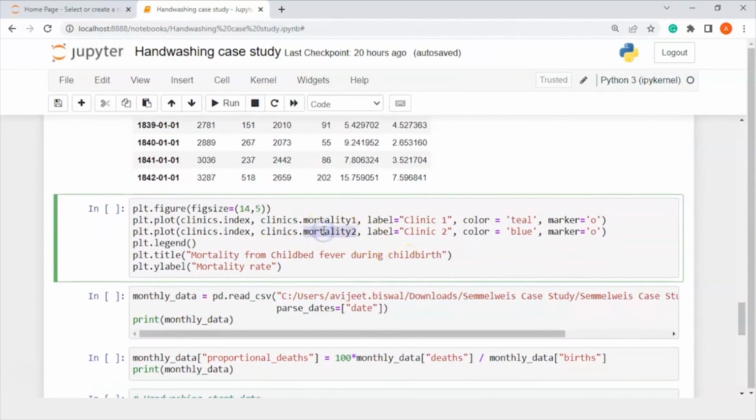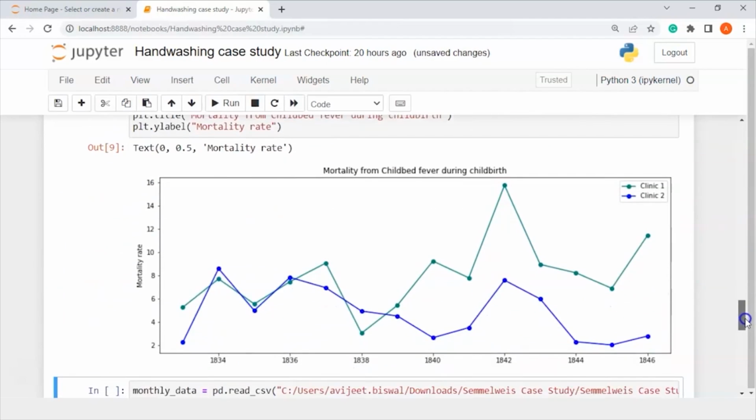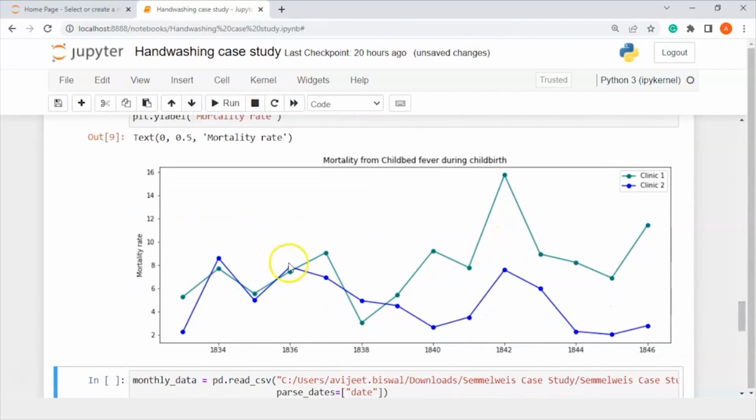Similarly for Clinic 2 we have mortality 2. I'm using blue color, again marker as O. Then I'm giving a legend, a title called mortality from childbed fever during childbirth. I also have a Y label called mortality rate. Let's run it. Now if I scroll down, you can see the mortality rate